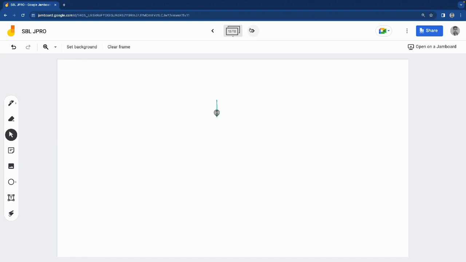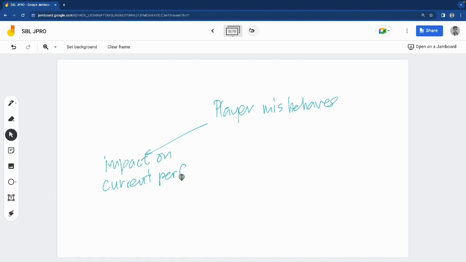Player misbehaves. Okay, if the player misbehaves, then you are looking at this situation. You might see an impact on current performance. You might have an impact on current performance, and you must see whether you have a